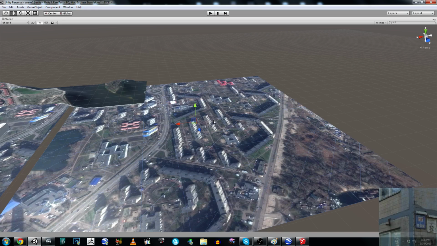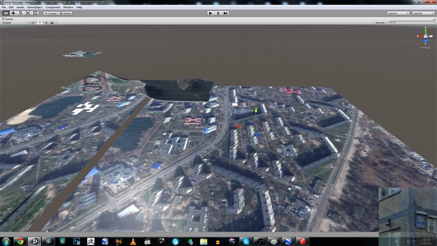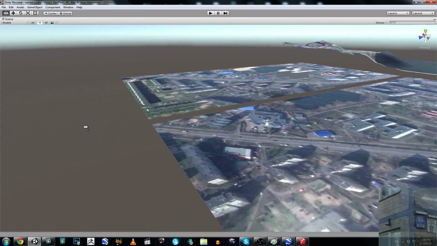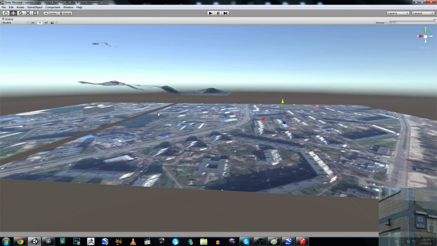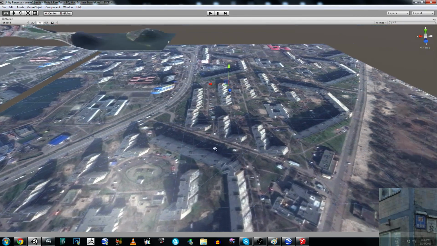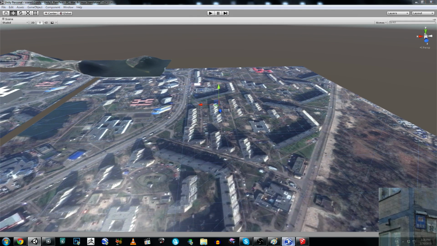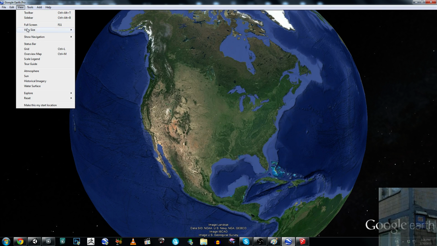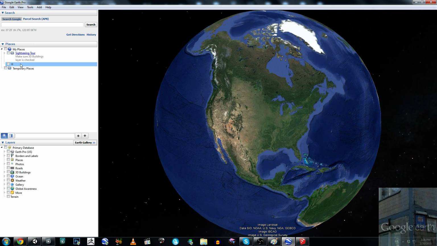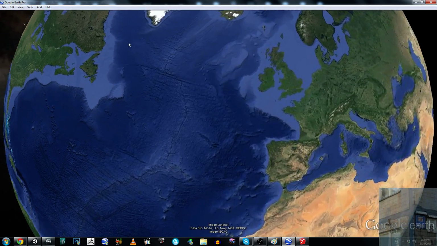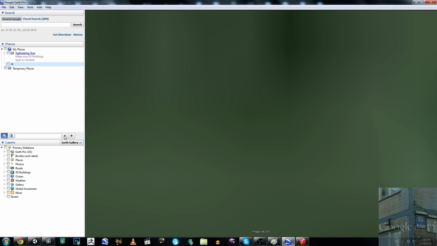So this is from Google Earth. You cannot see any terrain here because it's a really big problem to capture textures from Google Earth with terrain enabled. So I needed to disable my terrain. Sidebar, where is my point? Something is not okay with my vision. Okay, so anyway,